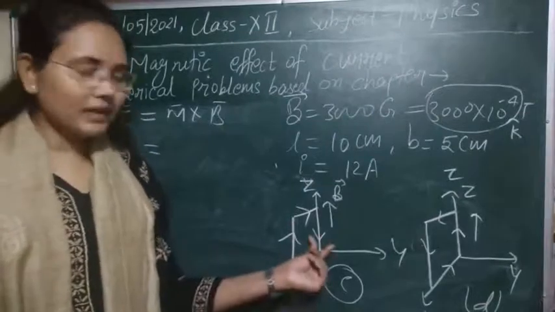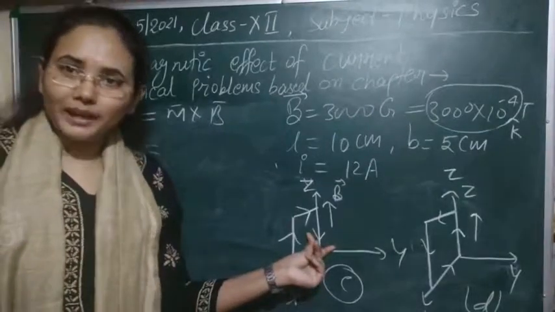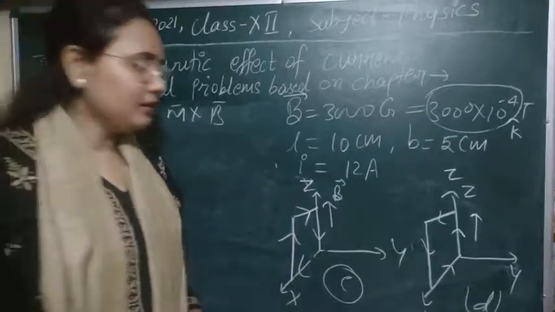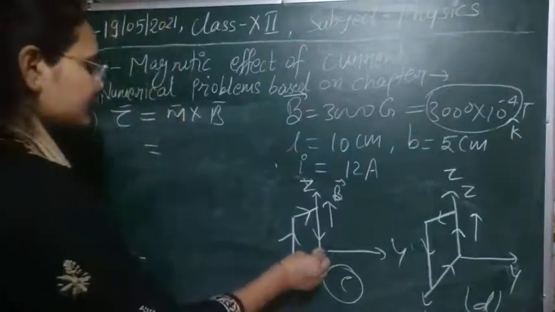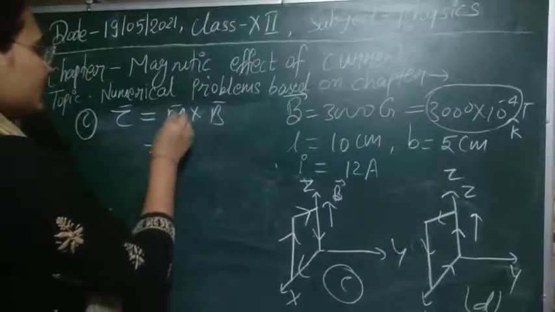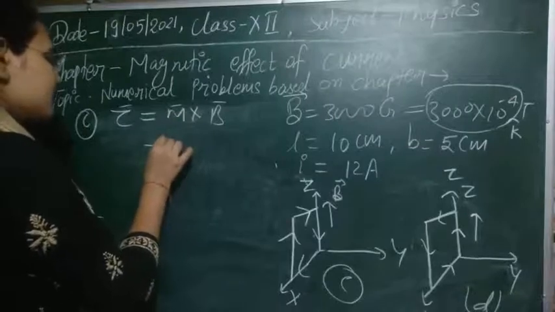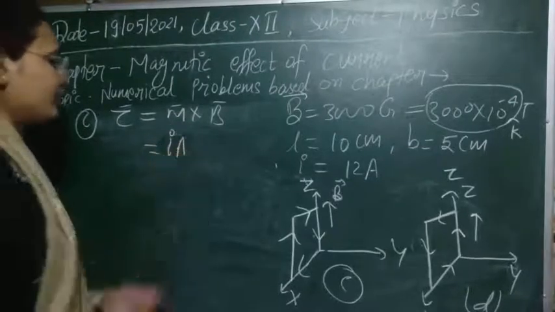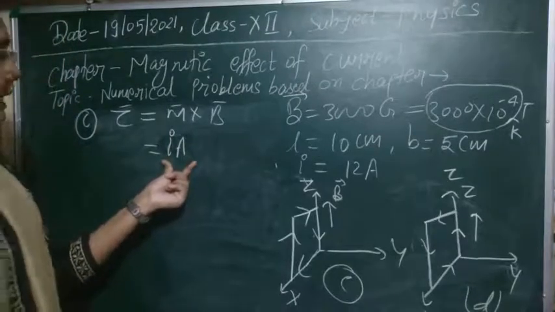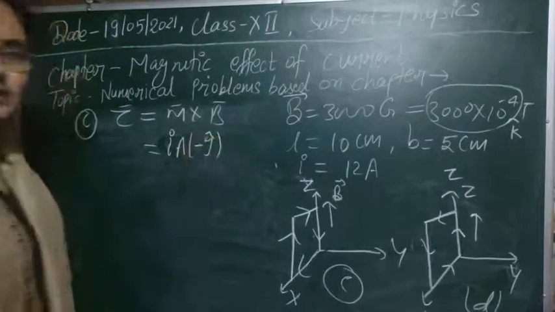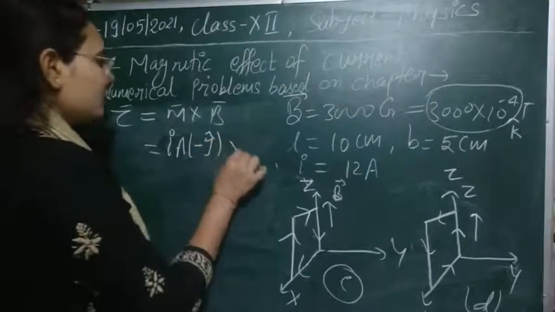And for the clockwise direction of current it should be negative y-axis, and for anti-clockwise it will be positive y-axis. Clear? So here we have negative y-axis, then it means that we can write for the m here. Suppose in place of m I am writing, as already discussed before, IA, and here negative of y-axis,